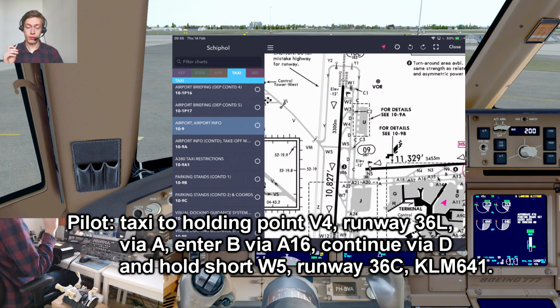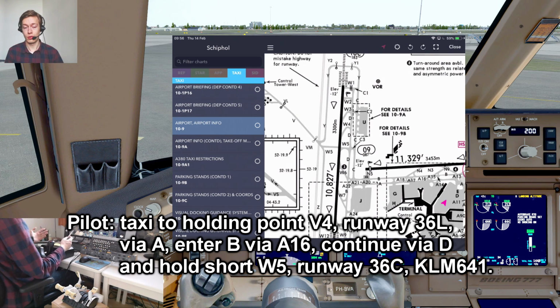Now, for runways, if you're taxiing across runways, it's very important to remember whether that runway is active or not and what the controller instructs you. Never just cross a runway without any clearance. If the controller tells you to cross runway 36 center at Whiskey 5 in this case, you can already consider that a clearance, but when the controller tells you to hold short at a particular holding point before a runway, it's likely that you still need clearance for crossing that runway,